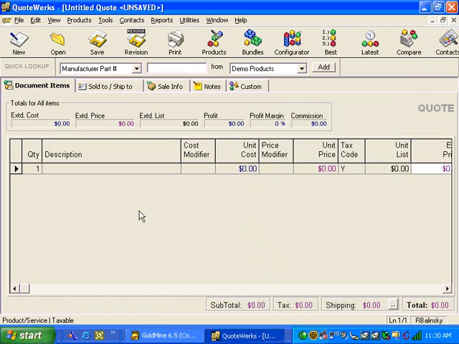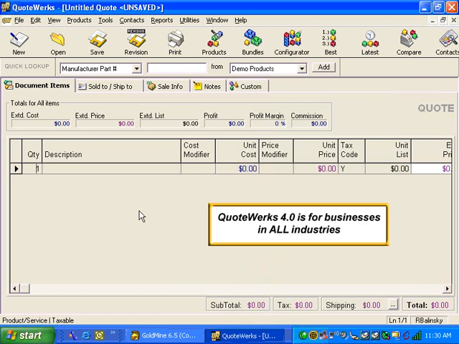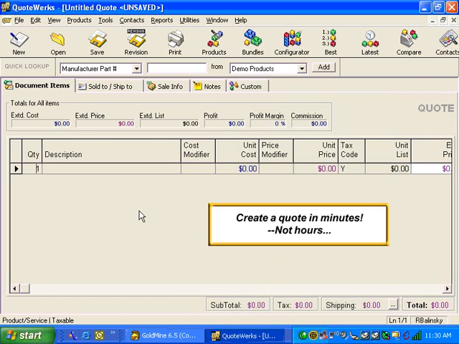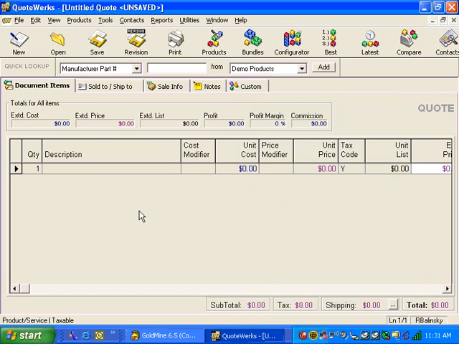QuoteWerks was designed to accommodate the needs of businesses in all industries. You will create a quote in minutes where it used to take you hours using a spreadsheet, word processing software, or pen and paper. While using QuoteWerks, most of your time will be spent in the Quote Workbook, where you